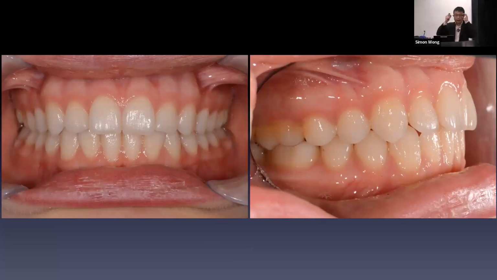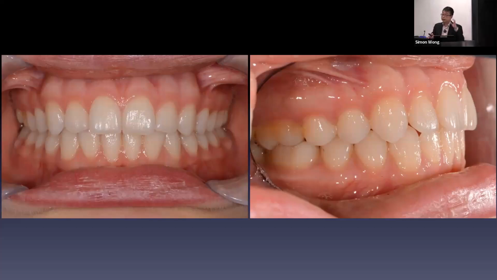Because my image of that ideal when I was a restorative dentist is perfect veneers on the top and crowded teeth down the bottom. That was my image of success. I got 10 veneers on the top. Looked just like that. The bottom was like that, but